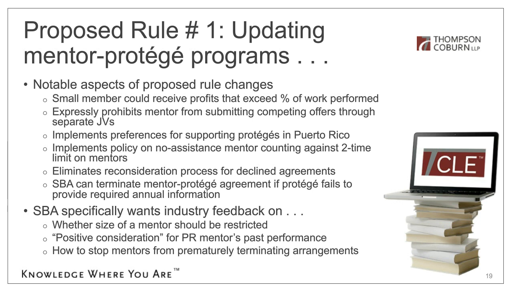SBA had gotten feedback that there were some mentors out there that, as soon as a small business they were mentoring got the award that the parties had addressed in their first joint venture arrangement, and basically was potentially the only thing that the mentor was after, were then terminating the mentor-protege arrangements, which meant they didn't have to provide the assistance that they had agreed to, but still got the benefit of essentially being a subcontractor on that